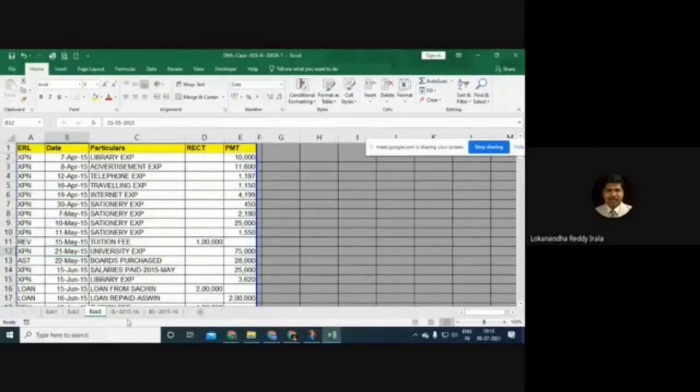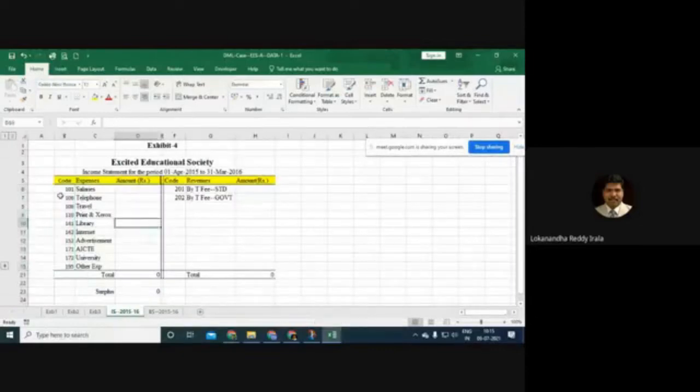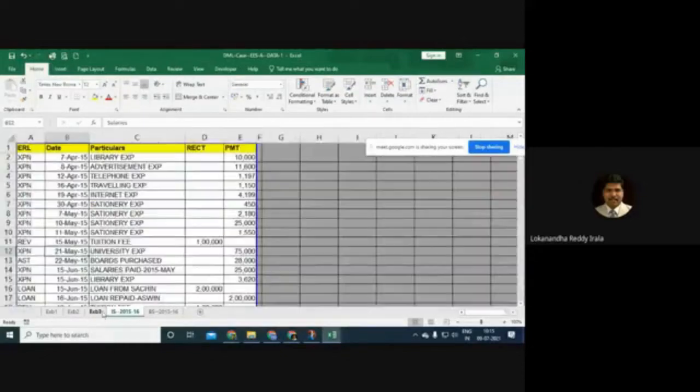So basic idea now, let us think why you need a code. You need a code for each type of expenditure, because if you go by the text that is there in the particulars column, there could be an issue of a spelling mistake somewhere, and hence you may be misled.